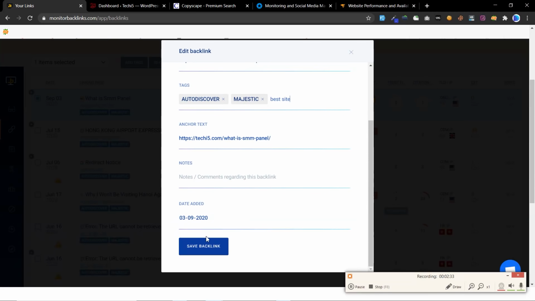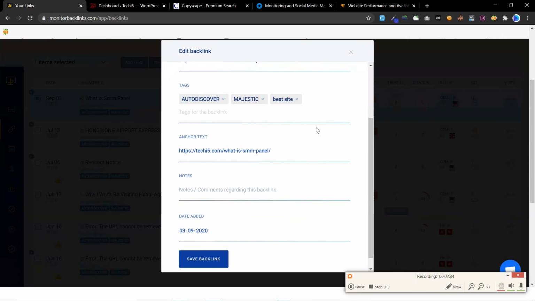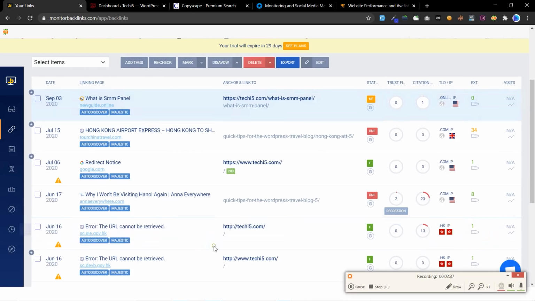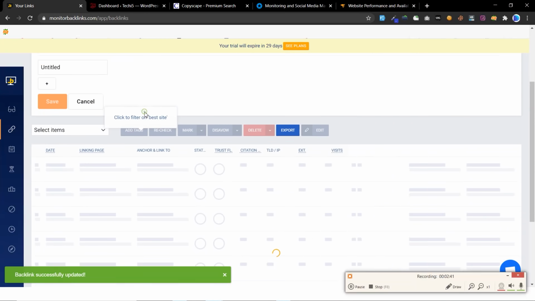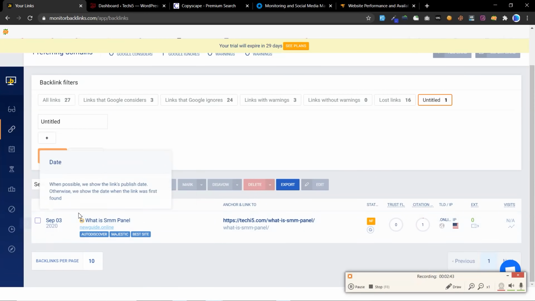Okay, and save links. You can click to filter best site. If any of these links is removed, you can check why it was removed and how. Someone may contact the webmaster of that domain and say that your website has changed or something like that.